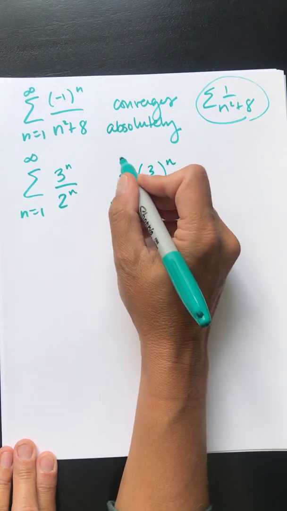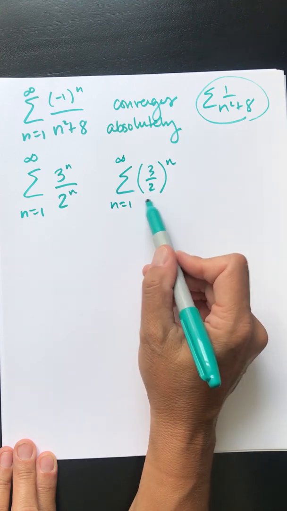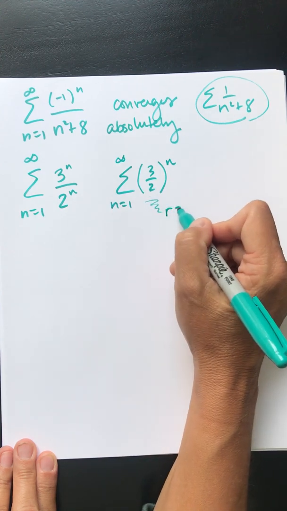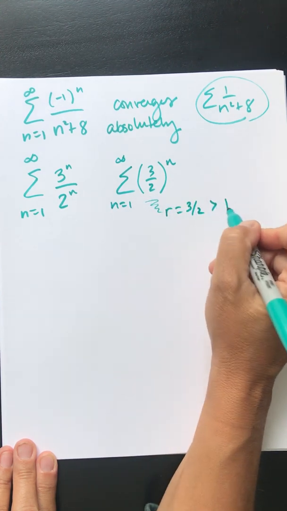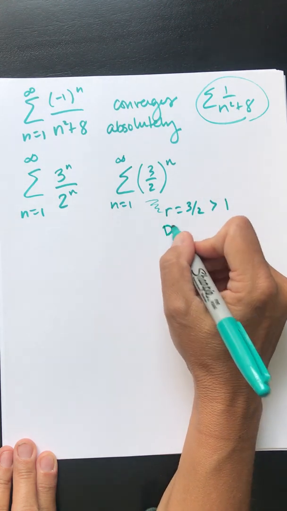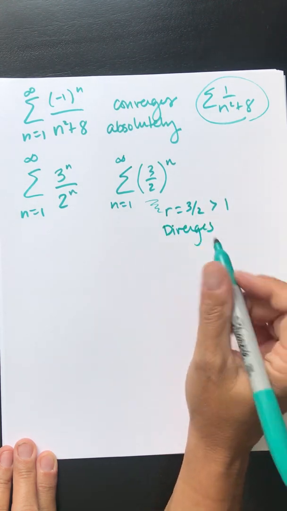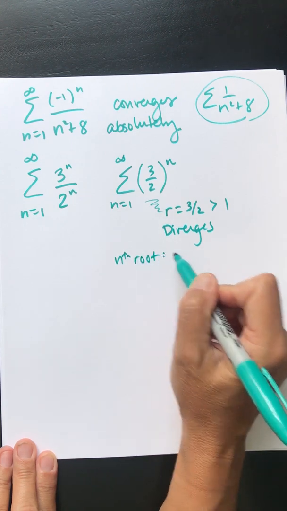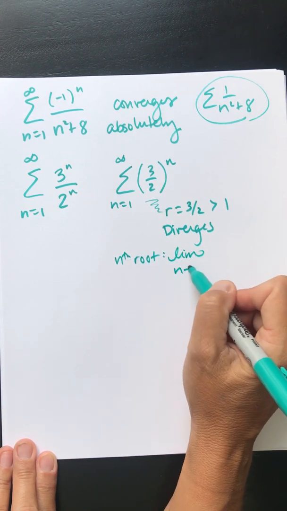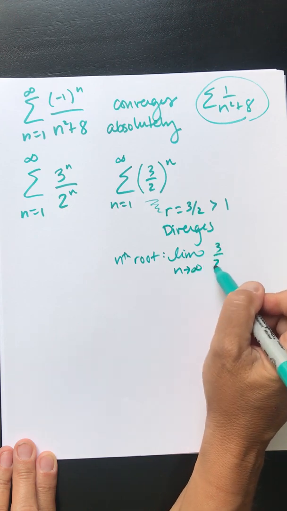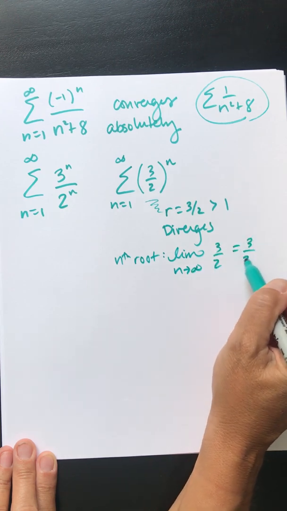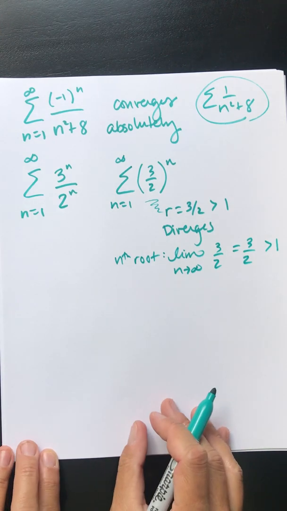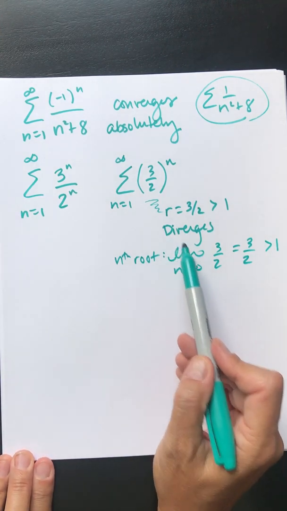But when we do that, hopefully we notice that this is actually a geometric series, and r is 3/2, which is too big, so it diverges. If I were to use the nth root, it also diverges because the limit as n approaches infinity of 3 over 2 is 3 over 2, which is too big. So if you don't spot the geometric series